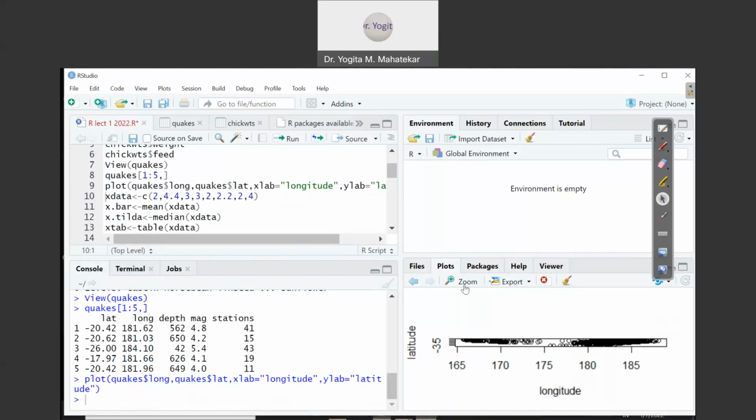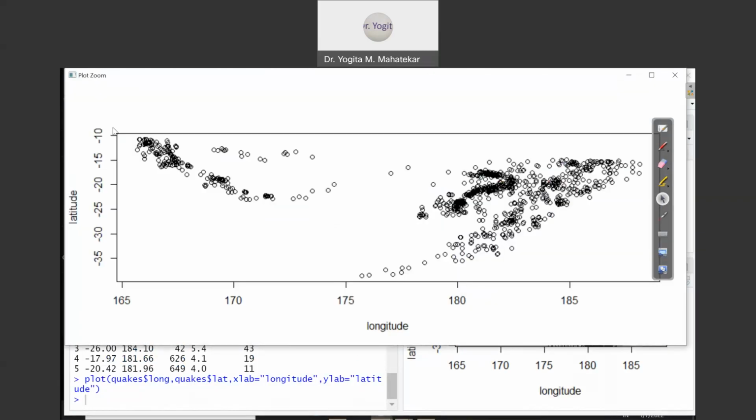I can zoom it. So this is longitude versus latitude we have plotted, and all those spots where the earthquakes are happening are identified with hollow circles. If the circles are overlapping too much on each other, it becomes darker. So you can identify the spots where the earthquakes are happening rarely or on a larger scale.